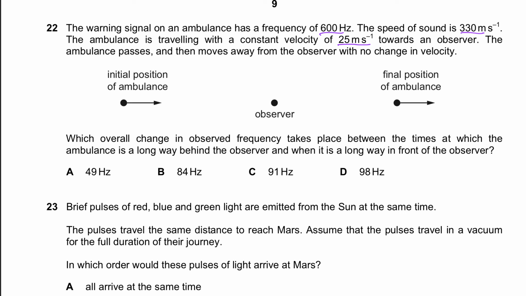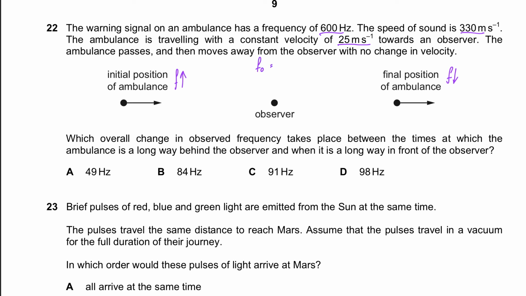So the effect that the observer would notice here is known as the Doppler effect. When the ambulance approaches the observer, he hears a frequency that's higher than the actual frequency. The observed frequency is greater than the source frequency. When the same ambulance is moving away, he hears a frequency that is lower than the actual frequency. Now the formula for the Doppler effect is